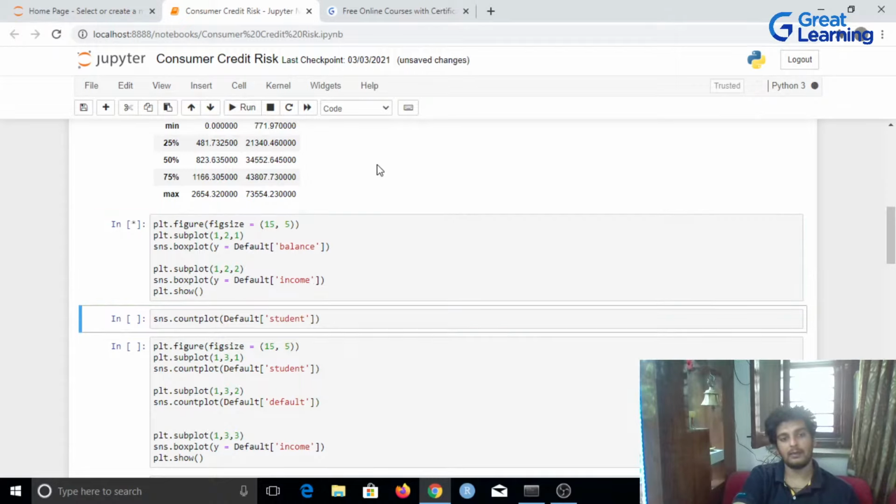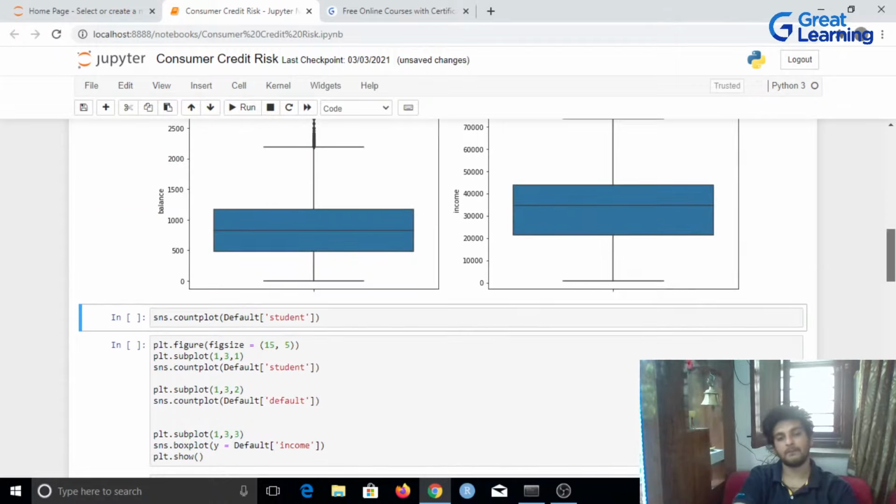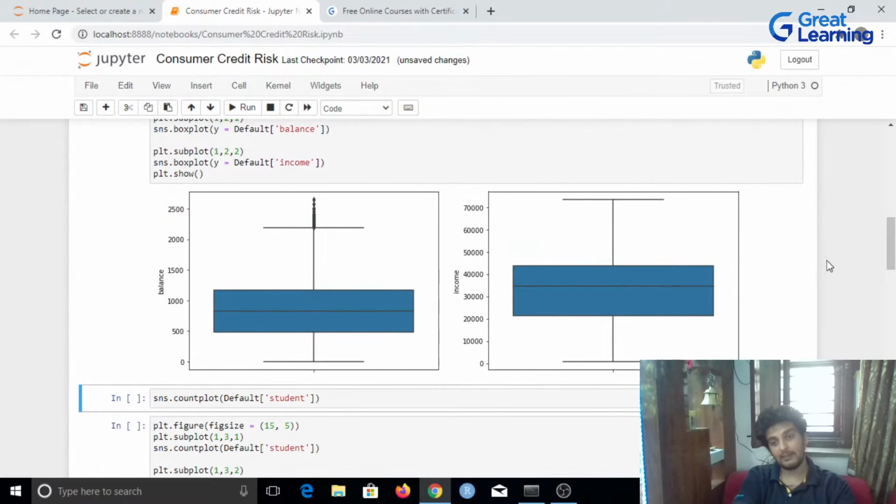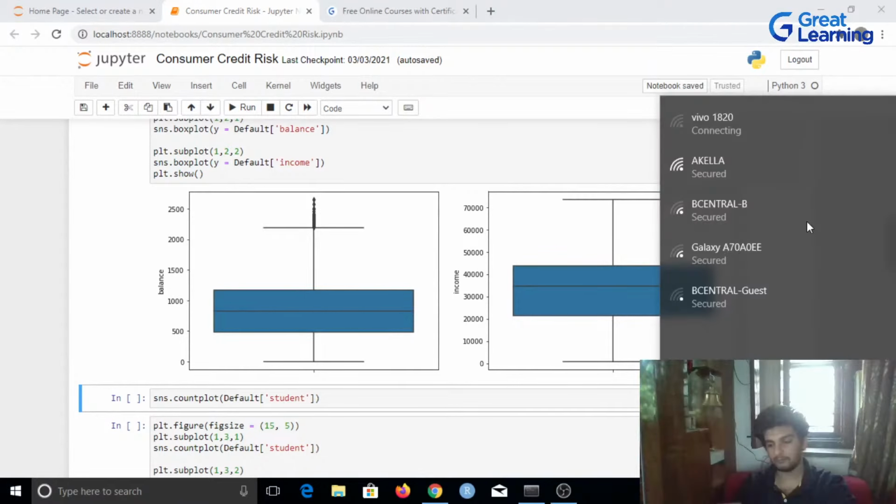Now let me go ahead and run this. As you see, we have been able to make this box plot right now. Sorry, my mind is just blanking out today. So what we've got is two box plots. This is the box plot for the balance column.